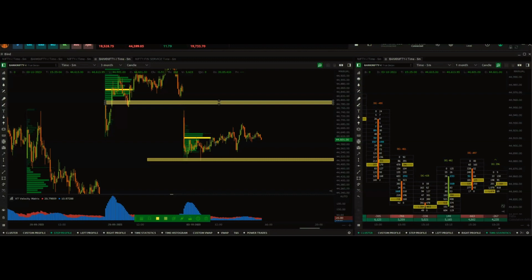Imbalance already explained. Imbalance is nothing but a feature in your footprint chart where you see if orders on a particular side are greater than the orders on the other side by a particular measurement. That is, I use a 500% imbalance. In this case, you can see that 292 is greater than 5 times of 53, so 292 is highlighted in blue. In this case, 257 is greater than 5 times of 50, so 257 is highlighted for me.